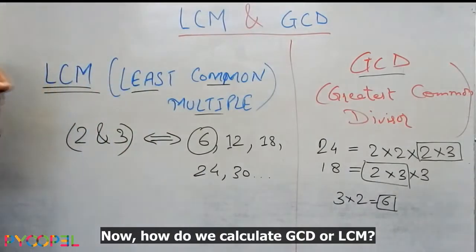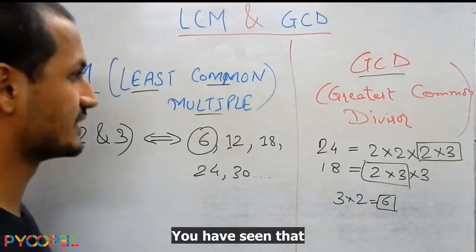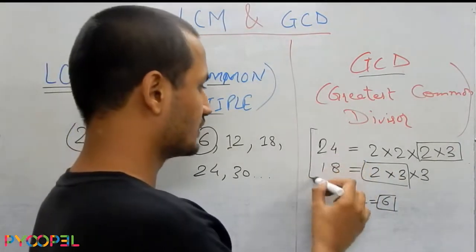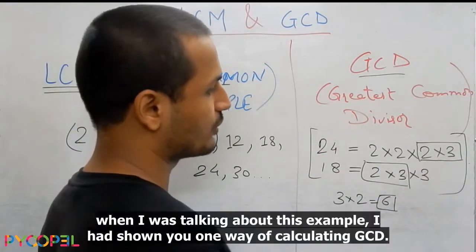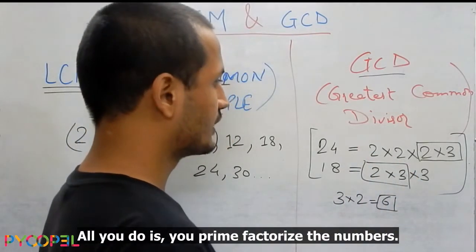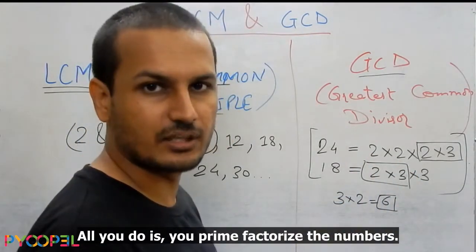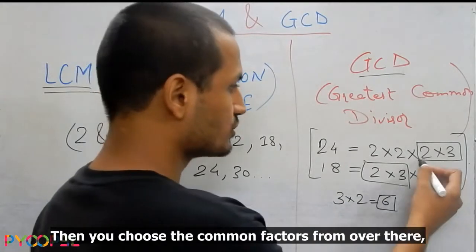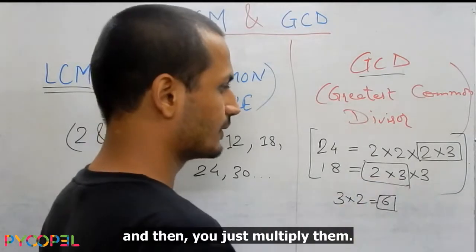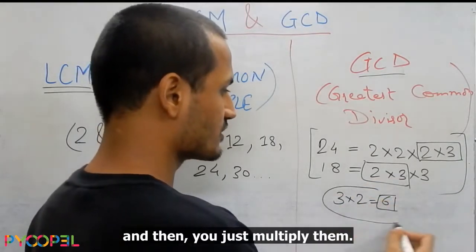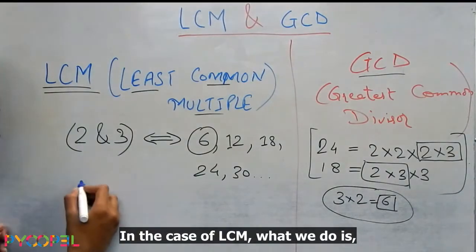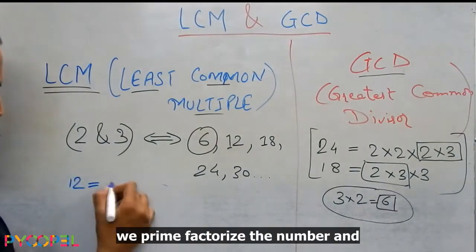Now, how do we calculate GCD or LCM? You've seen that when I was talking about this example, I showed you one way of calculating GCD. All you do is you prime factorize the numbers, then you choose the common factors from over there, and then you just multiply them. In the case of LCM, what we do is we prime factorize the numbers